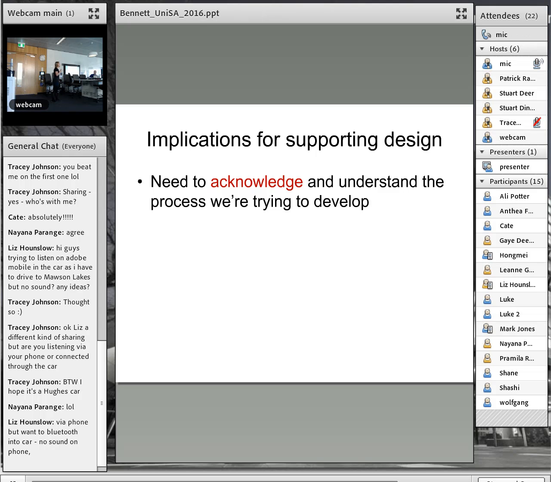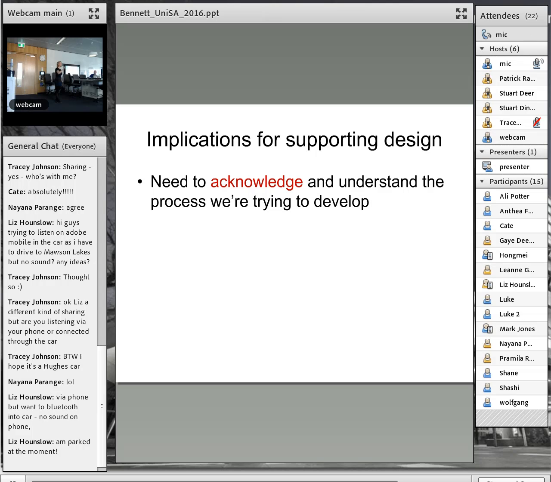Now, some people would argue that those practices are so underdeveloped we can just ignore them and come in with the way design should be done. But I would argue the opposite: if you want take-up of an idea, if you want people to think about design and become more design savvy, you need to start where they are. And these practices already exist. We can't really wish them away. And some of them are consistent with good design practice, so they're the things to build on and strengthen and go further with.